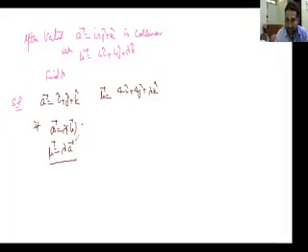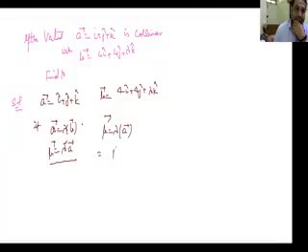So if lambda i plus 2j plus k equals beta times lambda i minus lambda j plus k, we now compare. Lambda i equals beta lambda i, this equal to this. Okay, 2j. So 2 is beta into minus lambda, okay. And third one is what,